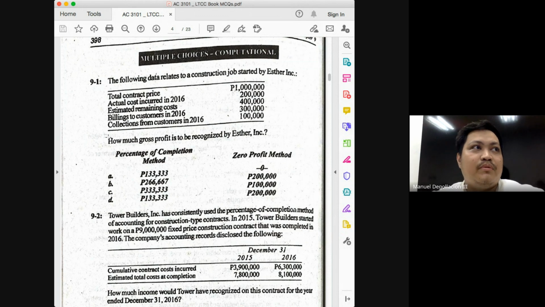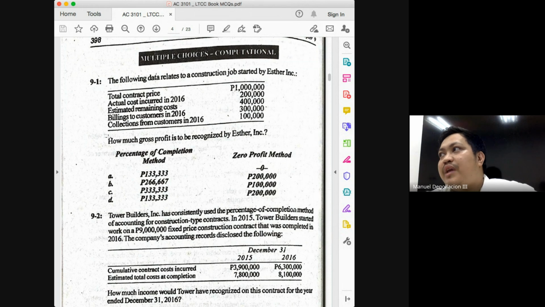The total construction cost will be everything you have incurred so far and everything that you will have to incur in the subsequent periods. Okay, so if you will be asking this problem, how much have you incurred already? 200. How much do you have to spend? 400. So how much are you going to spend all in all for the project? That will be your 600. And it is this 600 that will be the cost at completion.